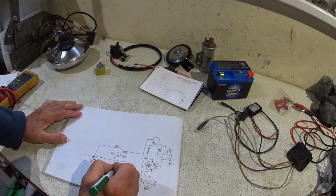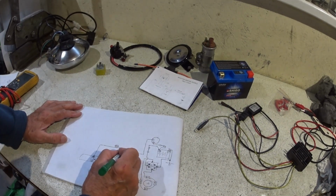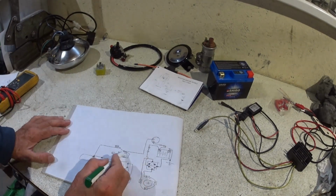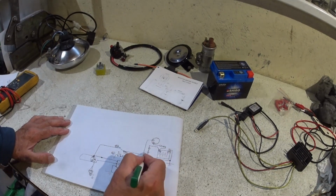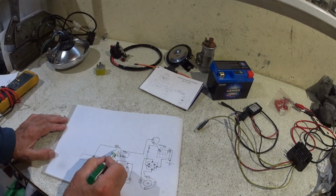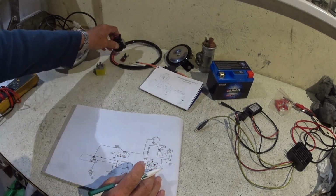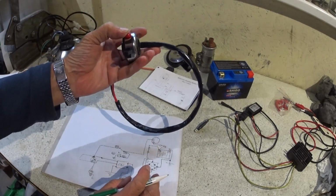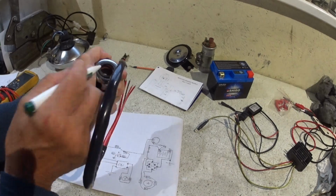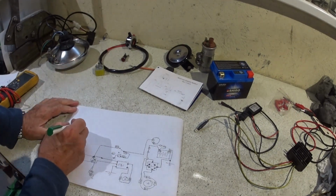Shouldn't have put that earth there, but what we can do with this is, so this would be 86, I'm going to say the positive side. So what we'll do is we'll bring the link out here, and out there. So I've put a positive feed with the ignition on. I've fed through the normally closed contact, the coil and the CDI unit. I've also put a positive feed on here. So I'll just get rid of the earth for the moment, because what we're going to do, we're going to cheat, and we're going to use this kill button, and when you press this, it puts a contact onto the handlebars to give a ground. So if I just draw that switch in here at the moment,